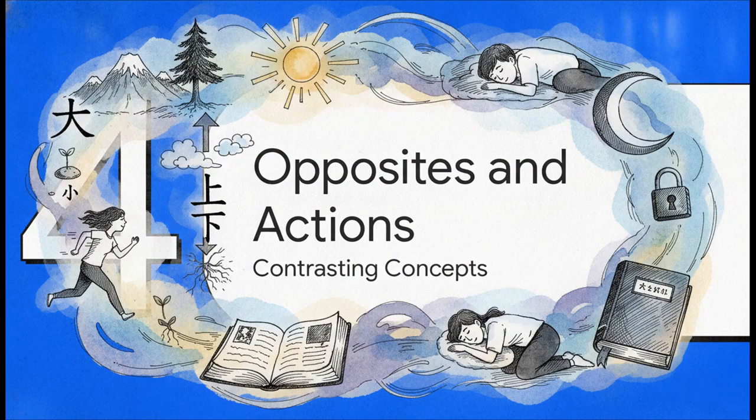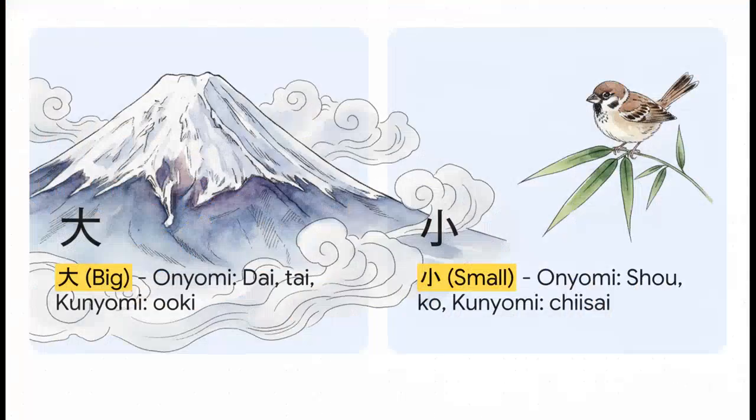Section 4, Opposites and Actions. Learning things in total isolation is hard, but learning through dichotomy, that is a real game changer. Here, we're explicitly pitting the kanji for big, large, against small, little. For big, the onyomi is dai, or tai, and the kunyomi is oki. For small, the onyomi is sho, or ko, and the kunyomi is chisai. Look at the shapes of the characters themselves. Seeing these absolute opposites side by side literally locks the memory in place by defining one character directly against the